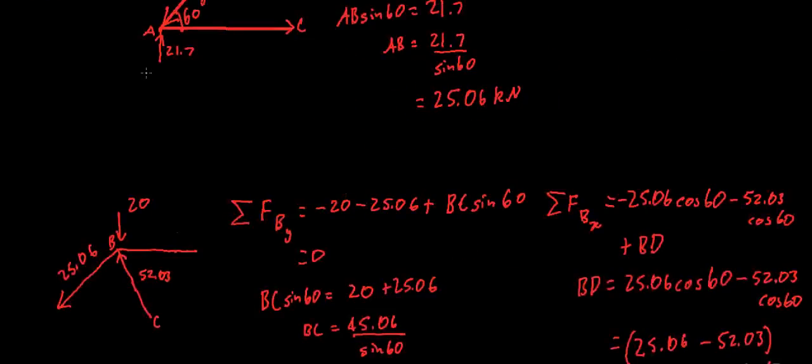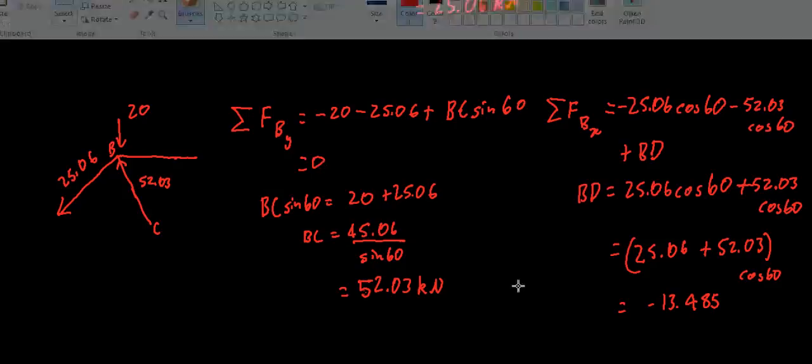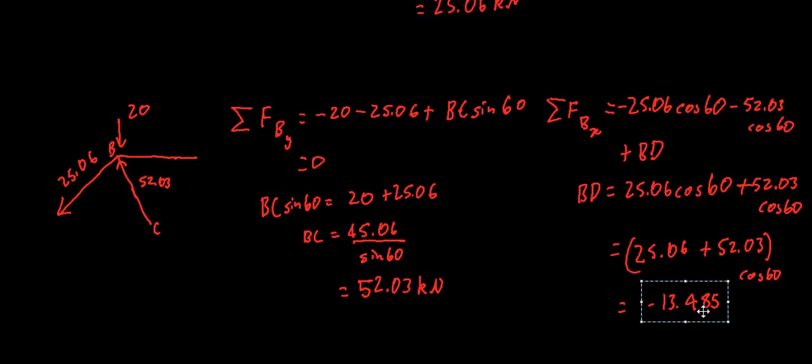Wait, if it's a minus, this is supposed to be a plus here. Bad. It's also supposed to be a plus here. So I made a miscalculation. Plus. Okay, so this gets us, instead of 13.485, because that doesn't make sense,